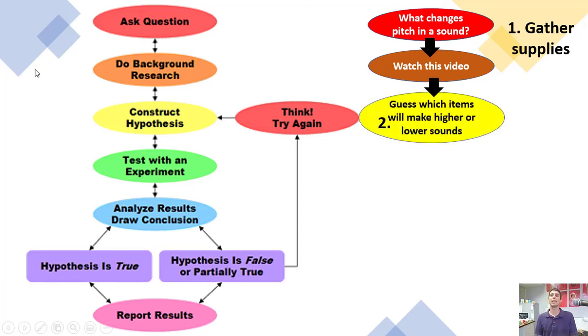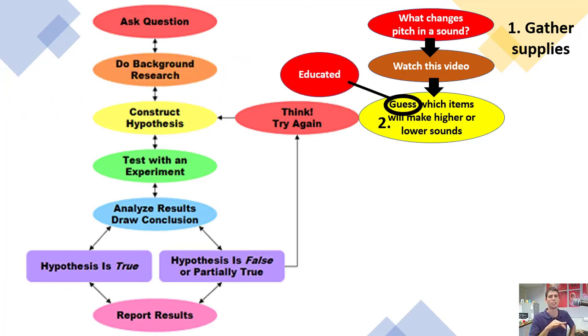You are going to guess, so you're going to gather 3 items, and then you're going to guess which is going to sound lowest, middlest, and highest. But scratch that. You're not going to just guess. You're going to make an educated guess. So you're going to defend yourself with your own thoughts on why that instrument is going to sound the lowest or the most middle or the highest. So generally speaking, we know that this bigger one's lower and smaller, higher.